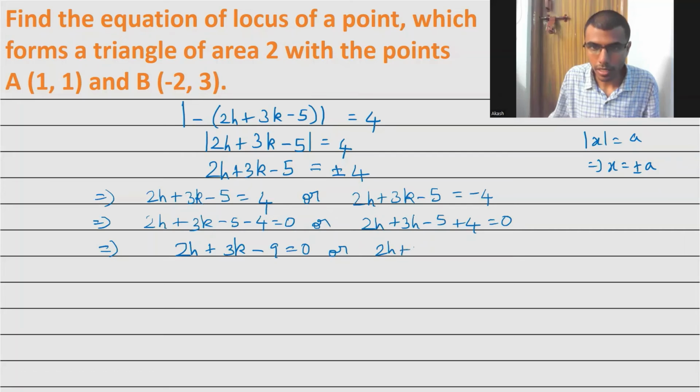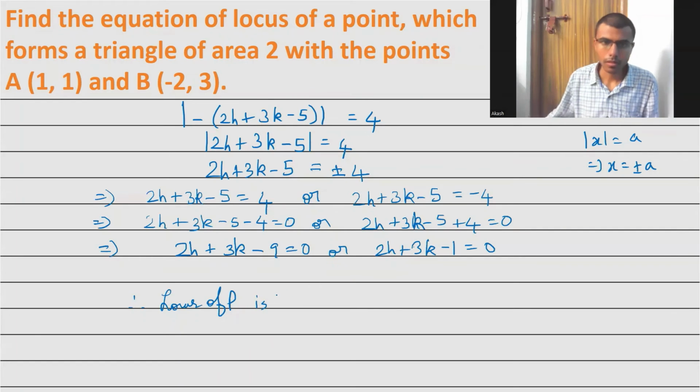Or 2h plus, okay, I wrote it as h, sorry, 2h plus 3k. Minus 5 plus 4 is minus 1 is equal to 0. Therefore, the locus of P